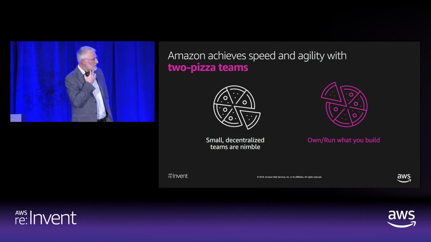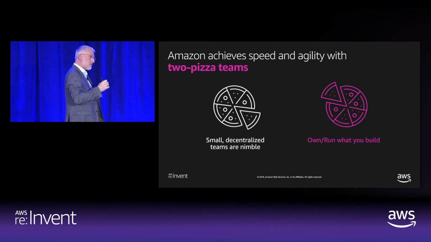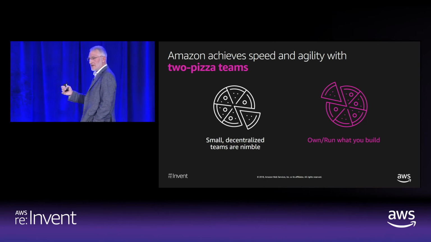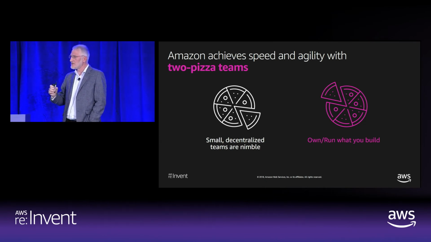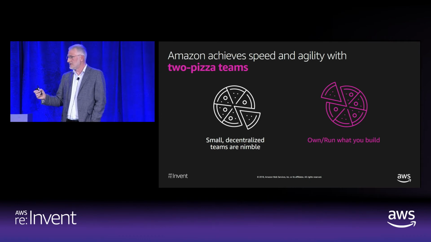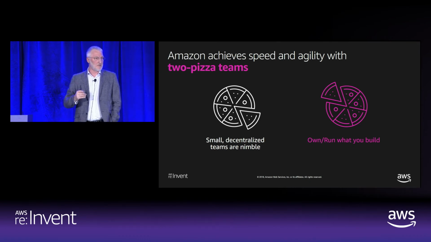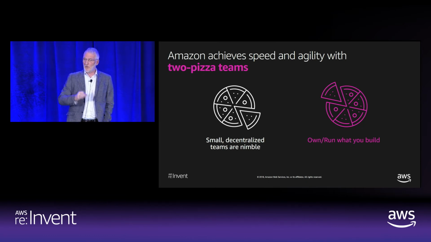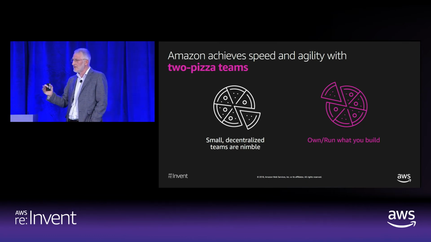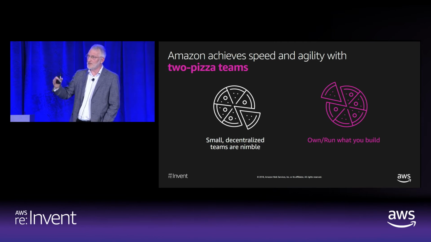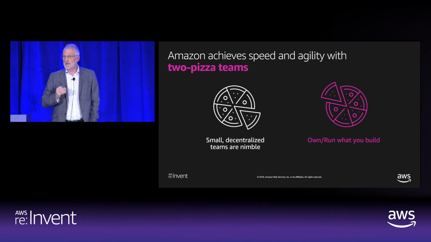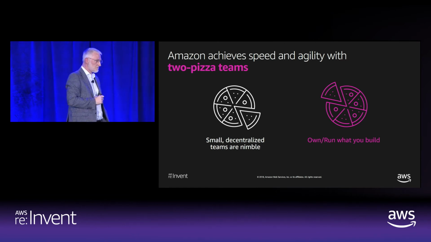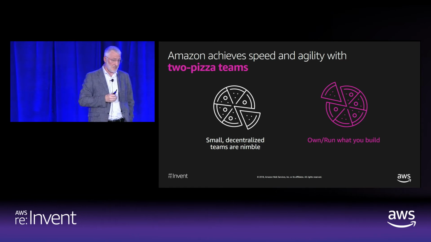The other thing that's important about these teams is, again, this is about reducing friction and reducing delays in shipping. And how do you do that? You put all the skills you need into that team. So this is essentially a cross-functional team that has everything they need in that team to move forward. They're not waiting on another team to deliver something. They're not waiting on another team to finish some process or project. They have the power internally to get everything done themselves. This allows these two-pizza teams to go incredibly fast.